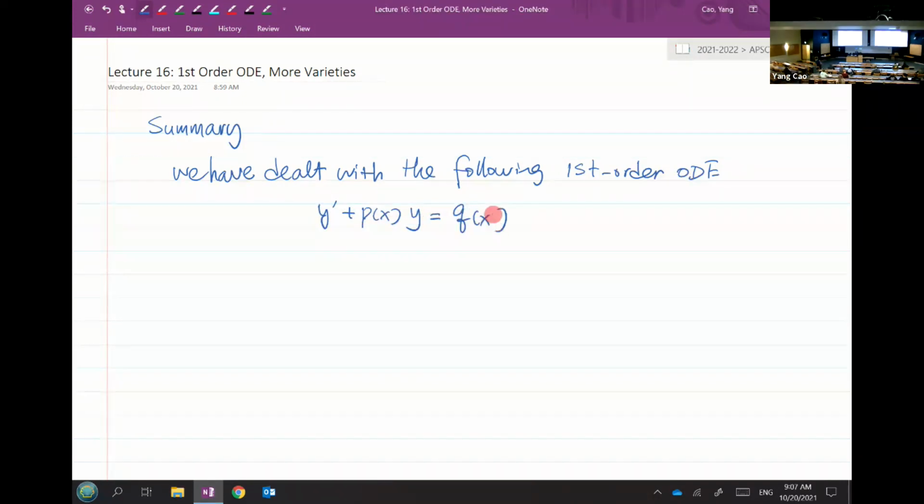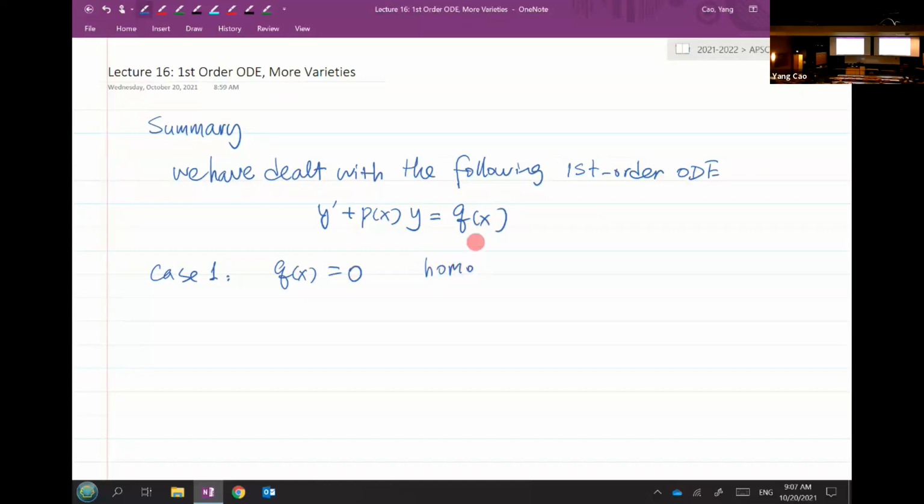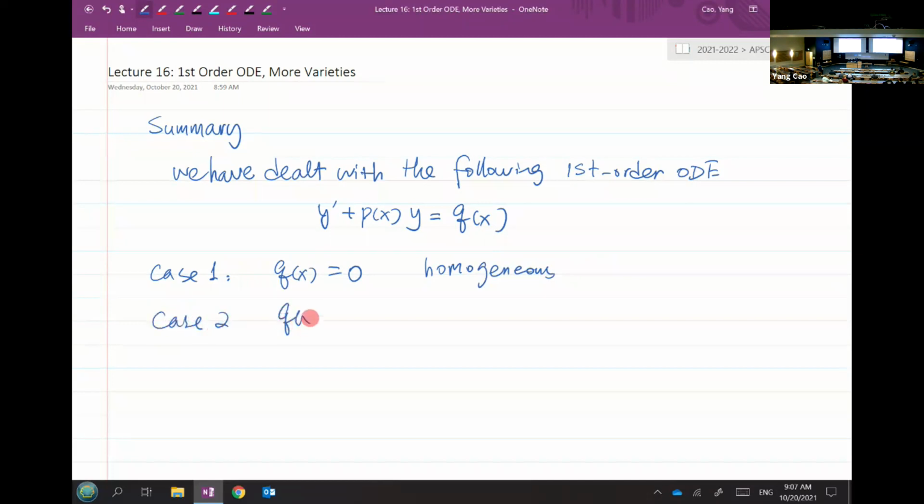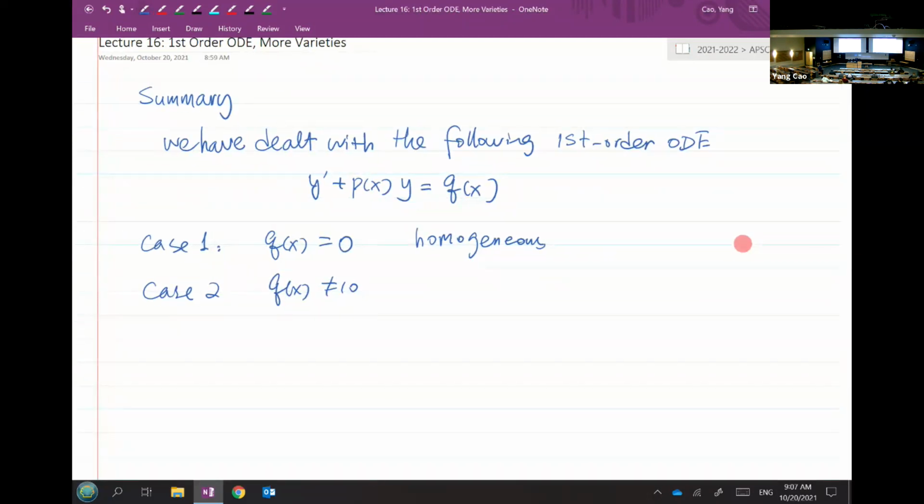And so we have dealt with the following format of first order ODE. Specifically, we have dealt with two different cases. The first case is when Q of X is equal to 0. We call this the homogeneous case. The second case is when Q of X is not 0. So when Q of X is 0,